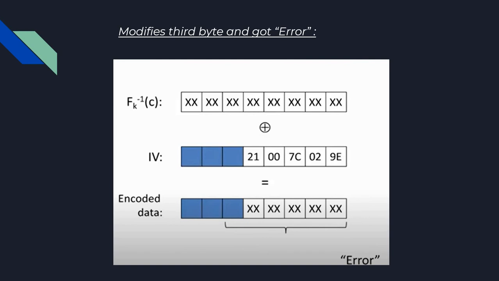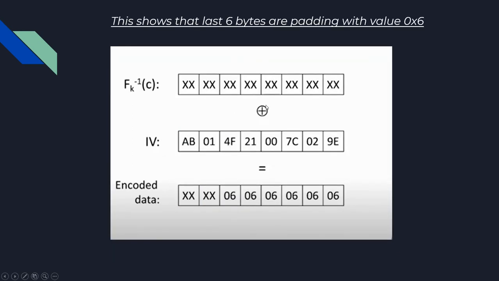If b, that is the number of bytes to be added, is not correctly appended at the end of the message, the attacker is manipulating the third byte of the initialization vector. That shows that the receiver is checking the last 6 bytes of the data to check whether the padding is correct or not. From this, the information can be deduced that the last 6 bytes are actually the padding bytes holding the value 6,